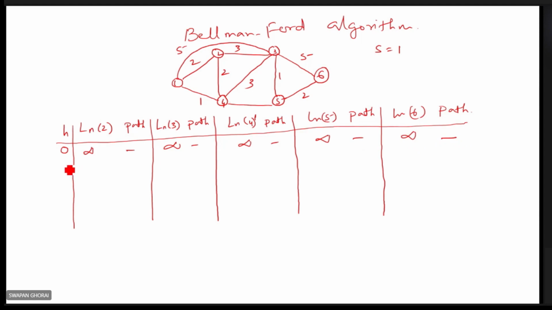Next, you consider hop 1. When you consider source node 1, 1 to 2, you see it here. It is costing 2. With only one hop you have to consider, 1 to 4 to 2 also you can consider, but 2 hops are required. So only 1 to 2, one single hop, only one path is there. The cost of the path is 2. So the path is 1 to 2.